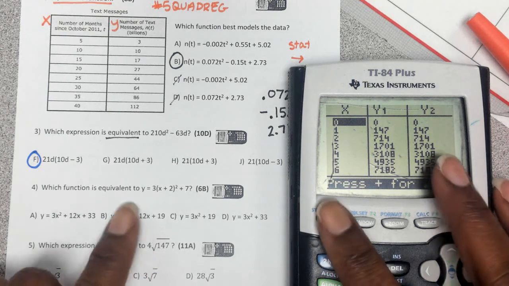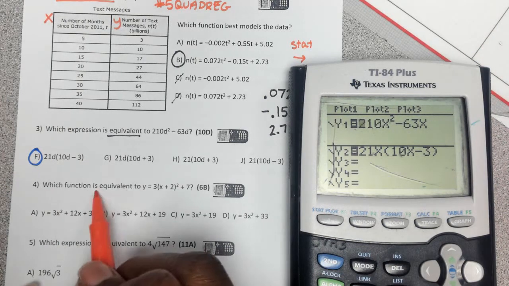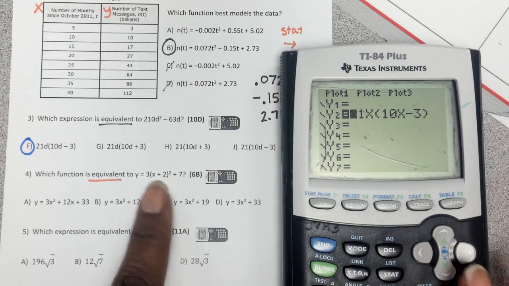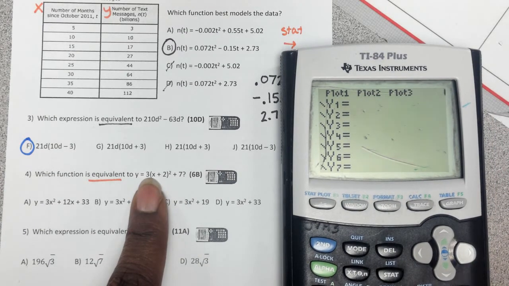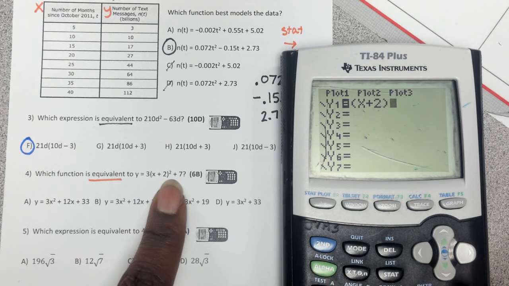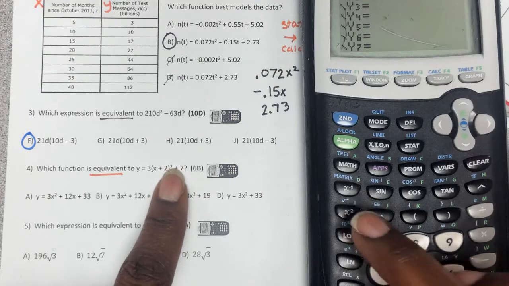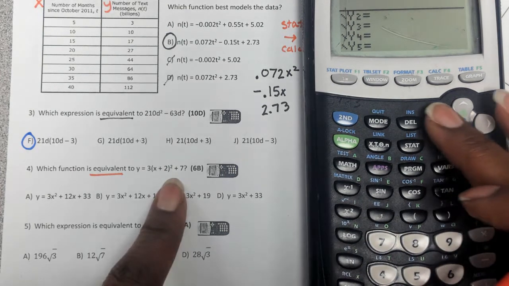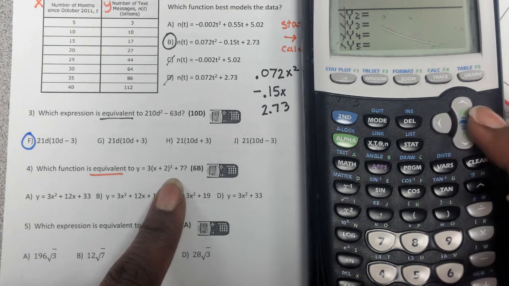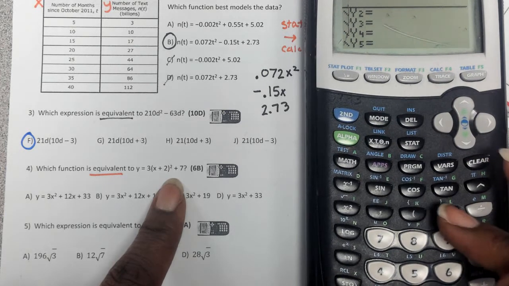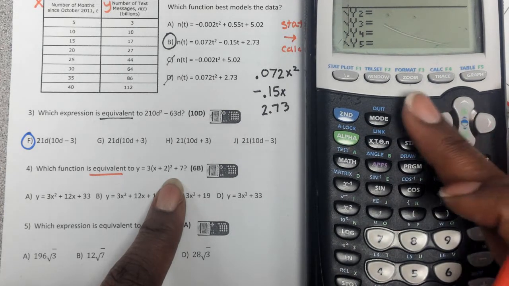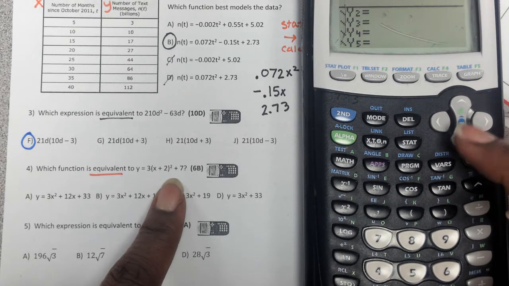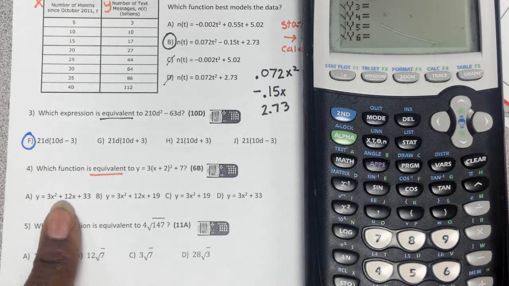All right, so number 4, like I said, here it is again, keyword equivalent, which means 90% of the time we can use the same trick we did for this one. So we're going to put 3 parentheses x plus 2. Don't forget your little power of 2, plus 7. Where did my 3 go? My 3 is not in there. 3, x plus 2 squared. I've got to have my plus 7. Okay, there we go. Now I'm going to try this one in the